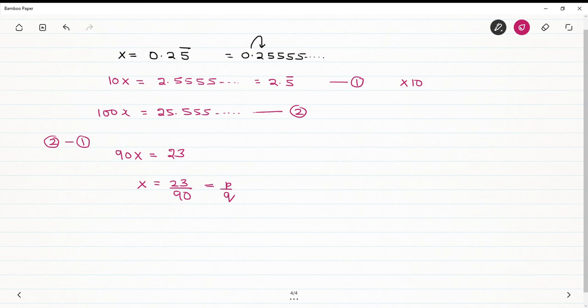By multiplying by 10, 2 shifted to this side and you had 5555. Repetition starts immediately after the decimal. And after that it was very easy, the way we solved the previous questions. It was exactly the similar one, since one single digit was repeating. So we multiplied by 10 and then we subtracted to get this answer. Okay. Let's see one more variation of the similar concept.